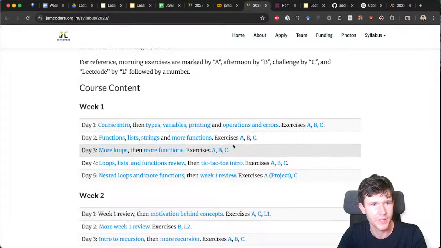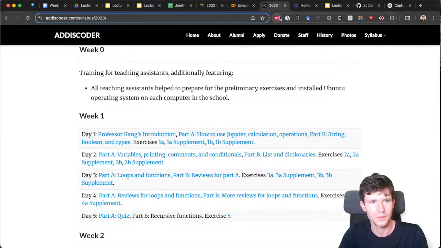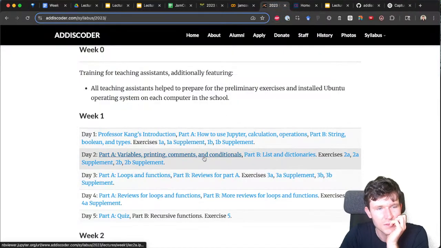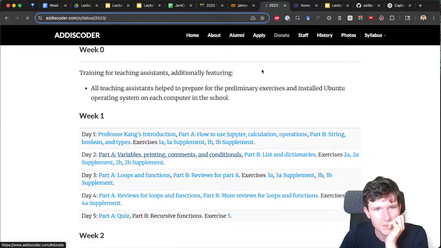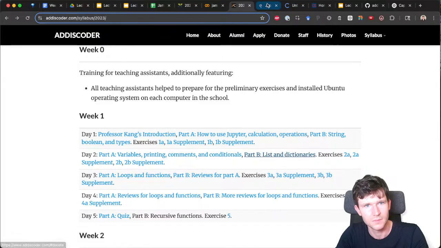So I'm going to pull Jam Coders. Addis coder. These two sets of problems